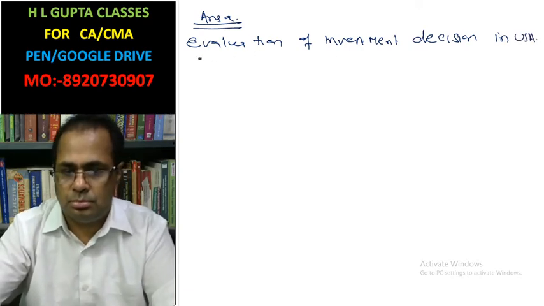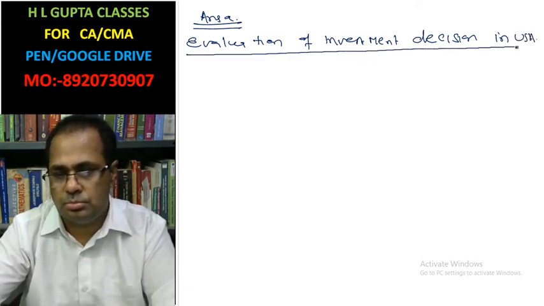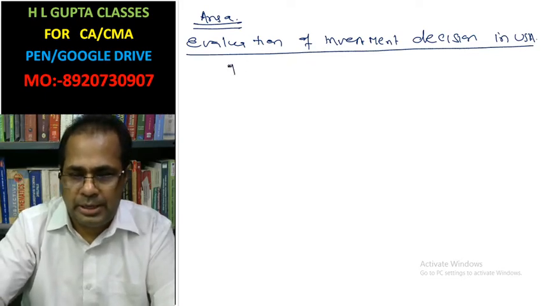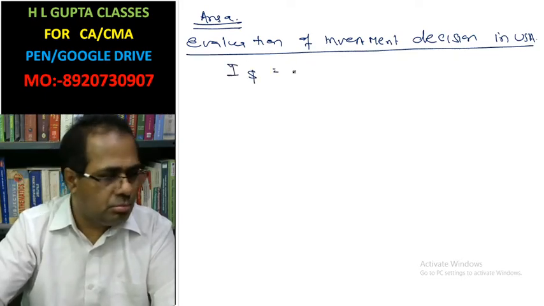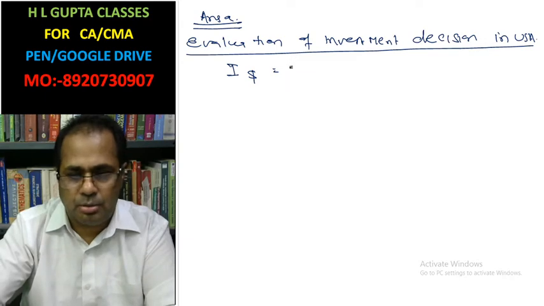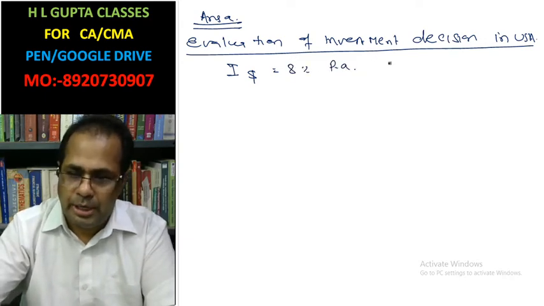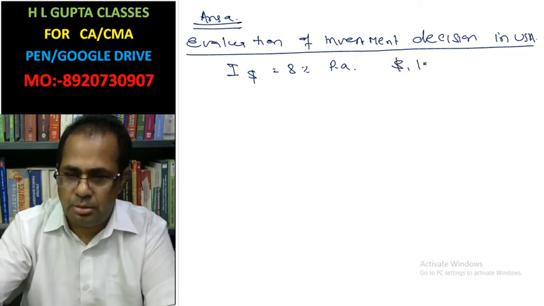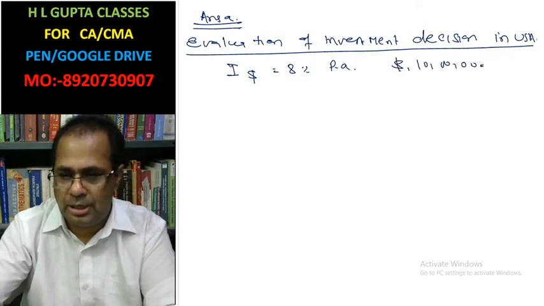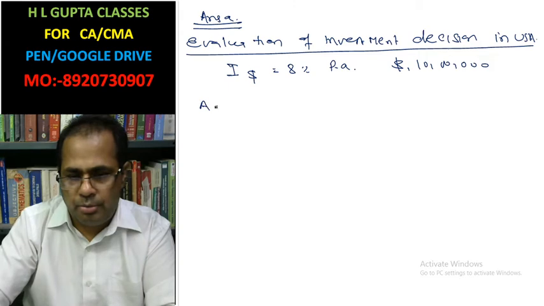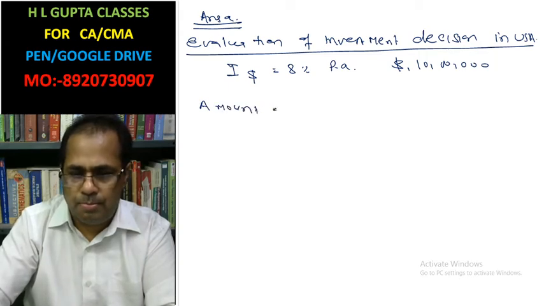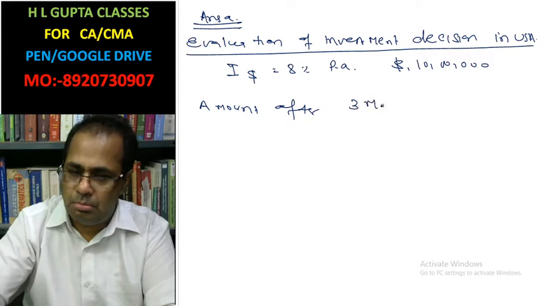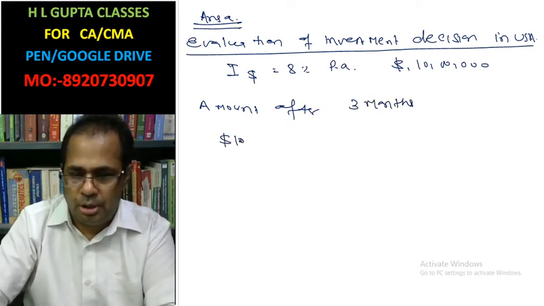Assume the interest rate for dollar is 8% per annum. Amount to invest dollar 10 lakh. Amount after 3 months, dollar 10 lakh